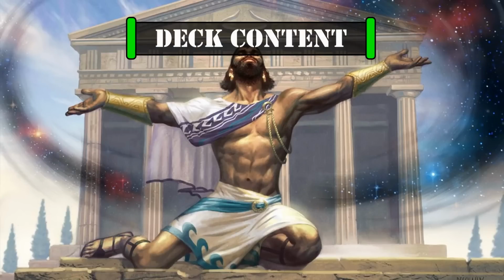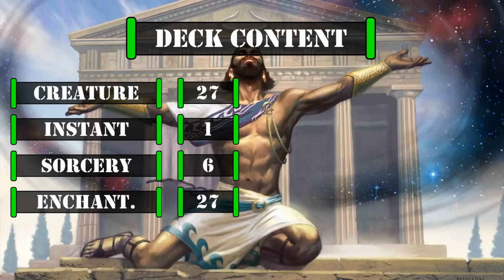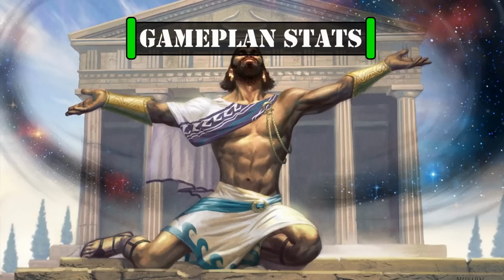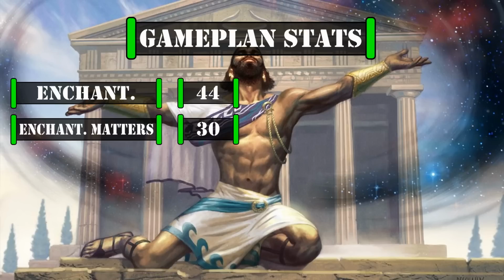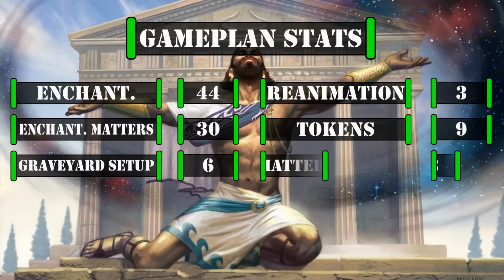This deck currently has 27 creatures including our commander, 1 instant, 6 sorceries, 27 enchantments, 2 artifacts, 1 planeswalker, and 36 lands. Looking at the stats that matter to our game plan, we have a total of 44 cards that are considered enchantments, 30 cards that care about enchantments, 6 cards that set up our graveyard via either mill or sacrificing themselves or other enchantments, 3 sources of enchantment reanimation, 9 sources of token generation, and 3 cards that care